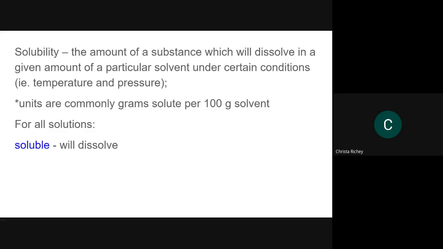But for solutions, if the substance will dissolve, it's soluble, like putting sugar in water. It should dissolve. That means that it is soluble. If it is insoluble, then it won't dissolve. So if I take chalk, like the stuff over there, grind it up, I've got a mortar and pestle, even though it's ionic, if I throw it in water, it's not going to dissolve, and so that's considered to be insoluble. The prefix in means against or not. If you've never been taught that, that's what in means, at least as a prefix, not like you're in something. All right, anyways,